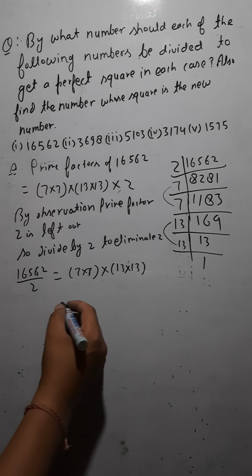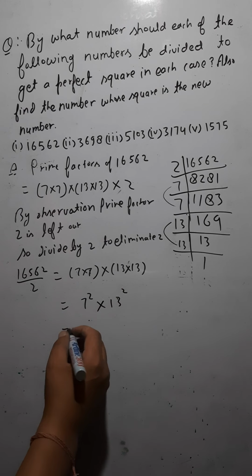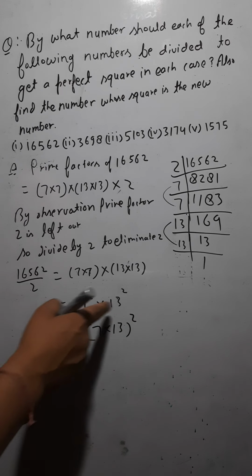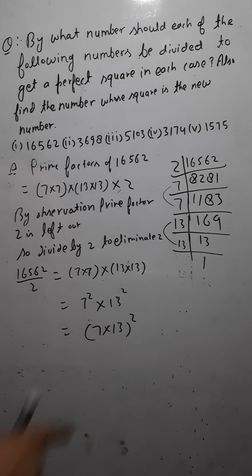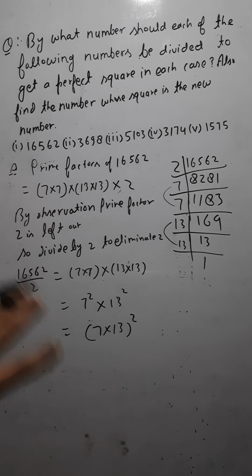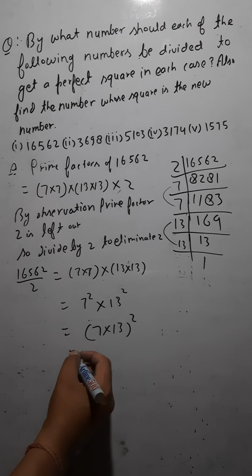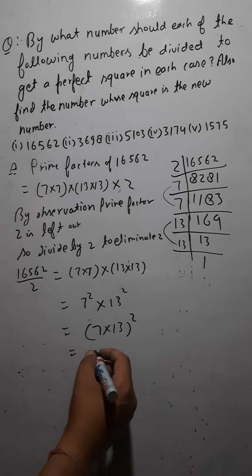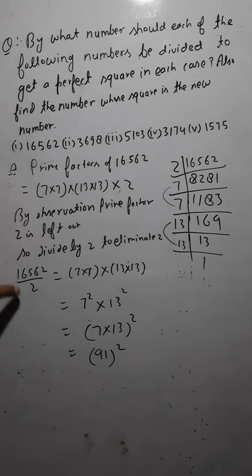Okay, so now you would be getting the square of 7 multiply square of 13. So in all you can write it as 7 multiply 13 whole square, because base is different but power indices are same, so you can write them together there. That we have already discussed in the previous chapter, the powers. Okay, so 13 7s are how much? 91. Yes. So it means what? Whatever the new number that you are getting, that would be the square of 91.